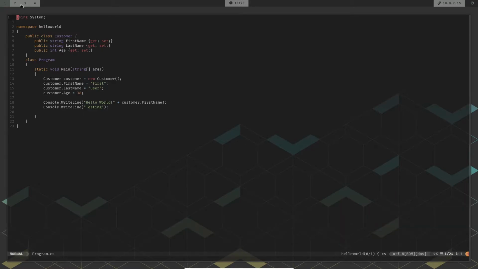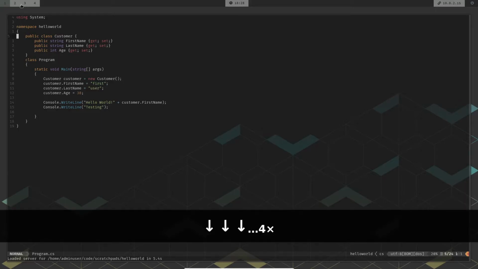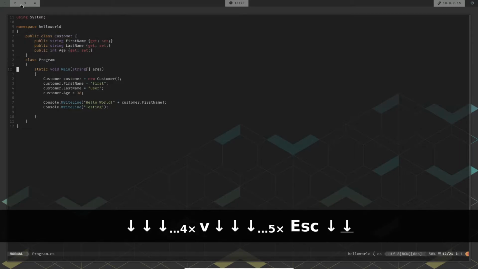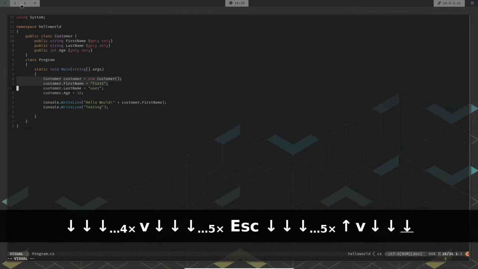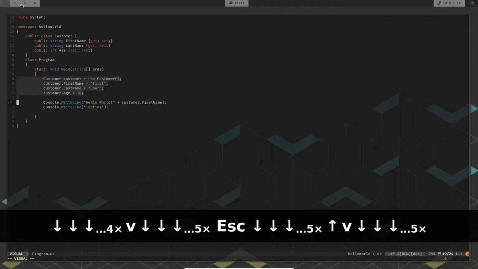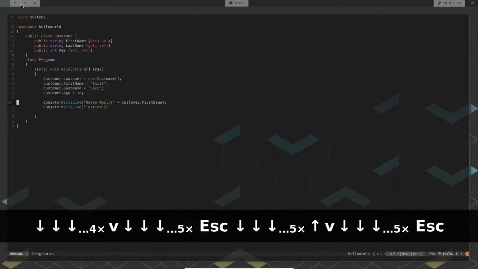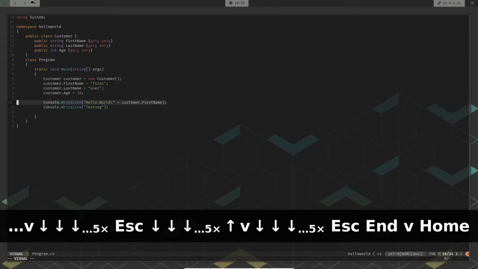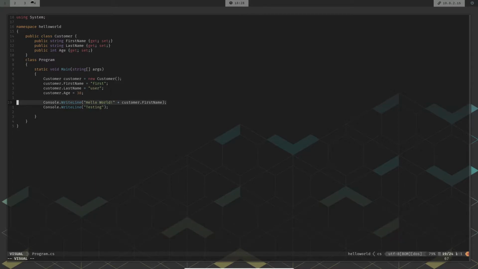This is a simple, straightforward application where I have the customer class, and then we create an object of this customer class, set some attributes of this object, and print the first name that we've set. Nothing fancy, but this is a simple program that should help us illustrate how we do debugging using NVim.